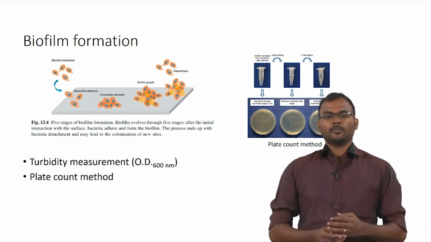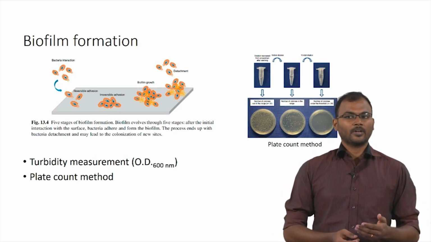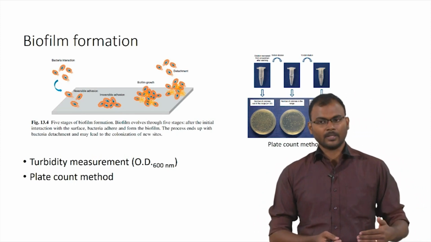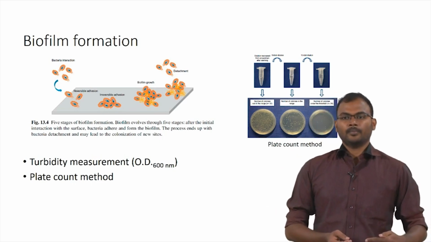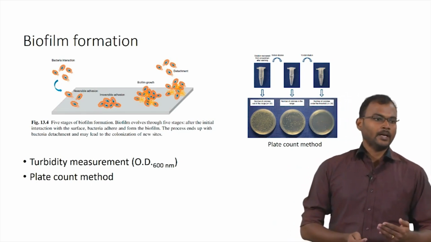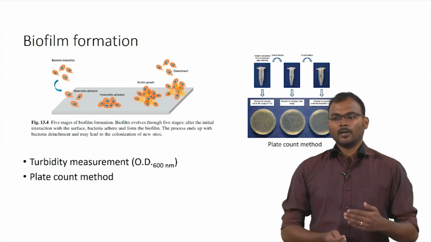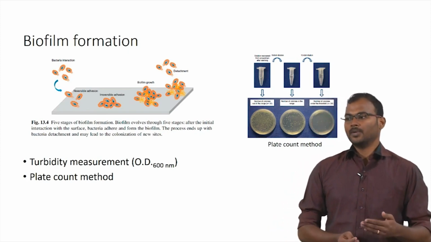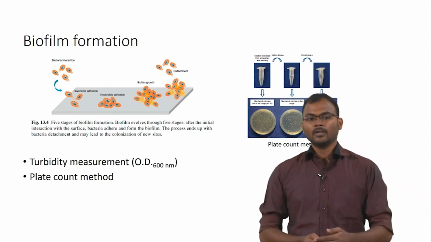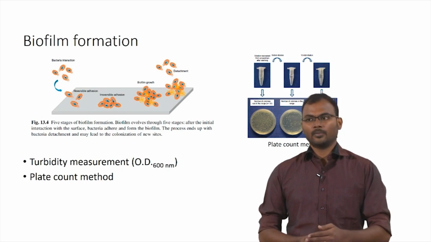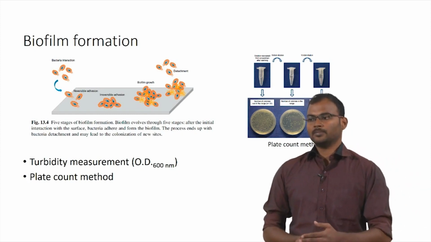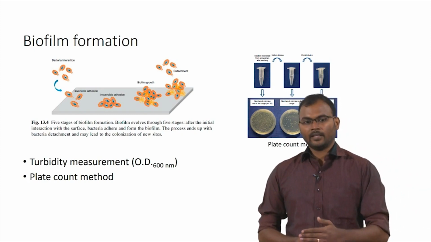Coming to the plate count method, where you estimate the amount of bacteria adhered using colony forming units, the procedure is similar to the turbidimetry measurement. In the plate count method, you inoculate your sample with the bacteria, take out the sample, and wash off the biofilm using a solubilizing solution. Then you dilute those samples and spread them on an agar plate. Each single cell forms a single colony, so based on how many colonies have formed, you can estimate the amount of bacteria adhered onto the